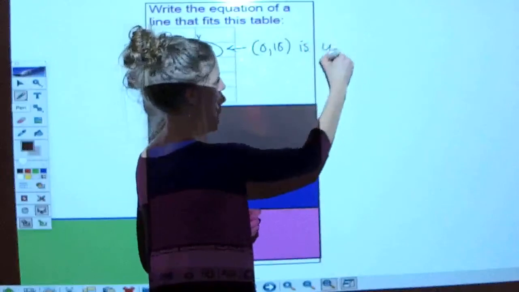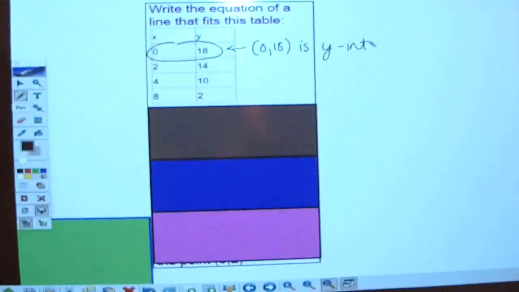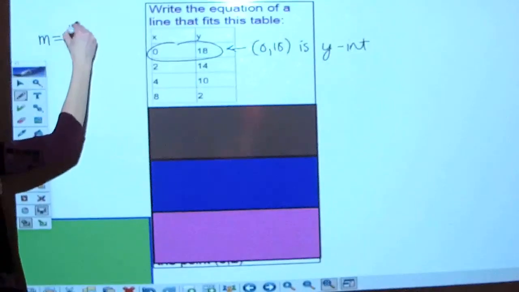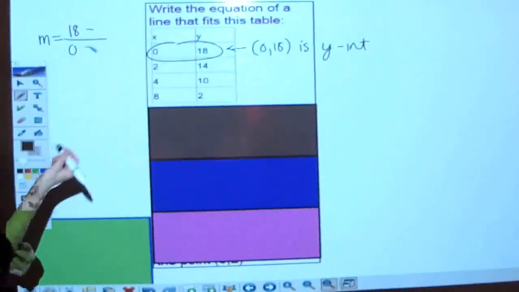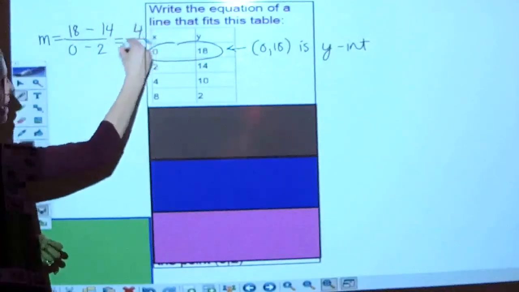Is y-intercept. And so, you don't have to, but you need to find the slope of this table. Any ideas? Raise your hand. How do you find the slope from a table? Y minus Y. You pick one and another, and you pick two of them. So we can do 18, 0, 18 minus 14, and 0 minus 2, and we would get 4 over -2, so what's